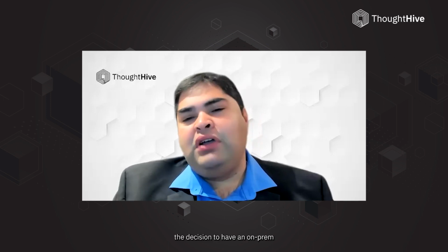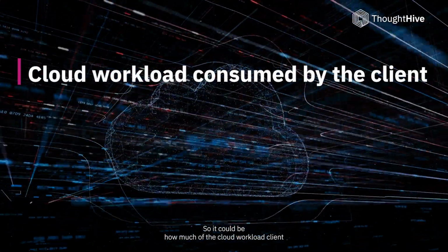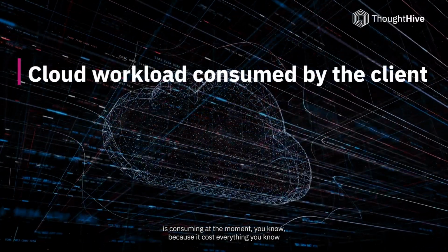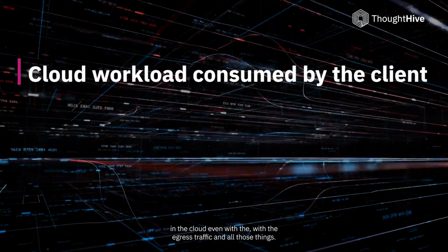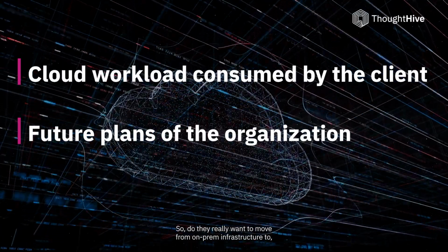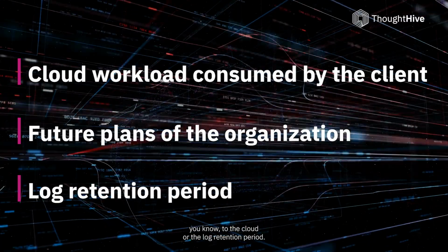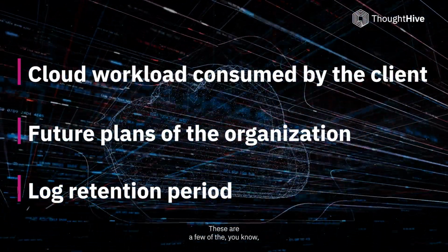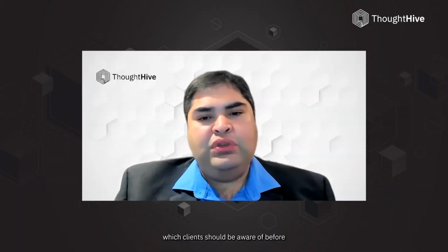The decision to have an on-prem or a cloud-native SIEM depends on multiple factors, right? It could be how much of the cloud workload the client is consuming at the moment, because it costs everything in the cloud, even with the egress traffic and all those things. And the same goes with the future plans of the client. Do they really want to move from on-prem infrastructure to the cloud? Or the log retention period? These are a few of the key decision-making points which clients should be aware of before deciding on-prem versus